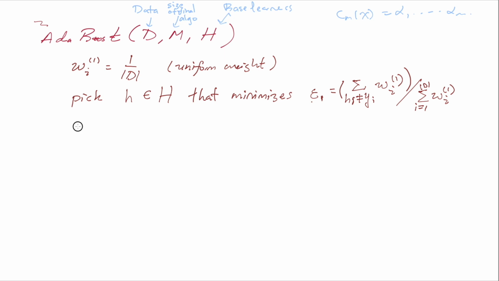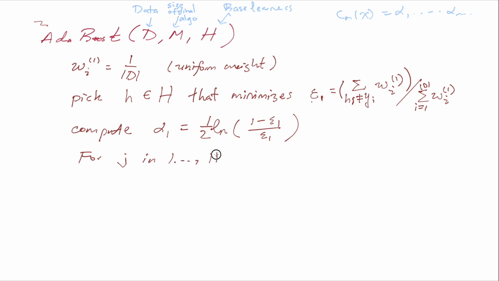Okay, and then I compute alpha 1 to be half of the logarithm of 1 minus epsilon 1 over epsilon 1. Then I update all the weights. So for j in 1 to d, I'm going to loop over all the data points. Okay, the updated weight for point i